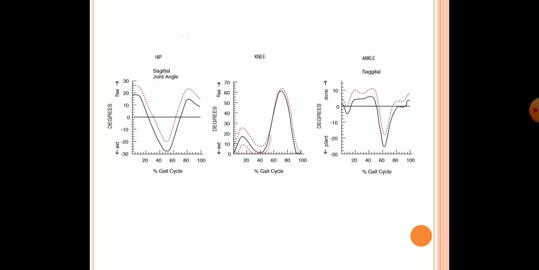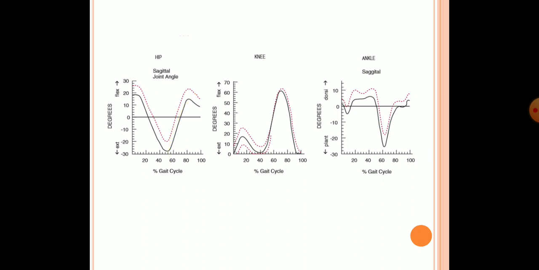So when we talk about the hip joint, what happens? At the beginning of the gait cycle, the hip joint is in flexion, and as the gait cycle progresses, it goes for extension, up to a maximum of 30 degrees of extension. And when we are about to complete the gait cycle, it again goes for flexion. So this is how we can graphically represent the movements happening in the hip joint during successive gait cycles. First it begins with 20 degrees of flexion, and it will go for a maximum of 30 degrees of extension. Then again it goes back to the position of the initial phase.